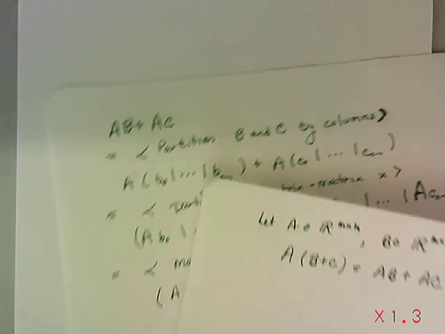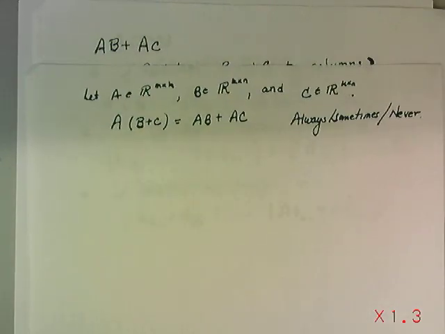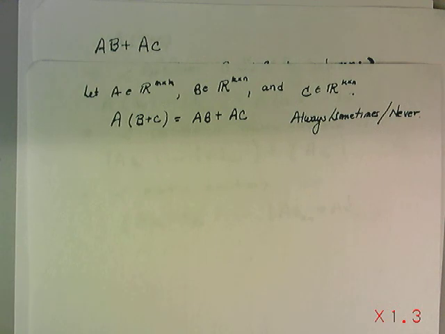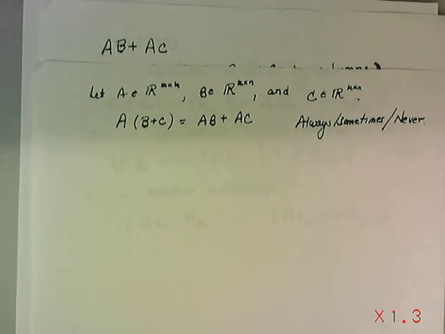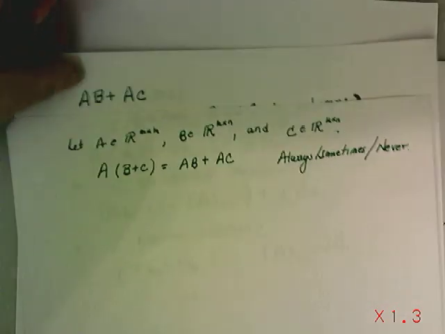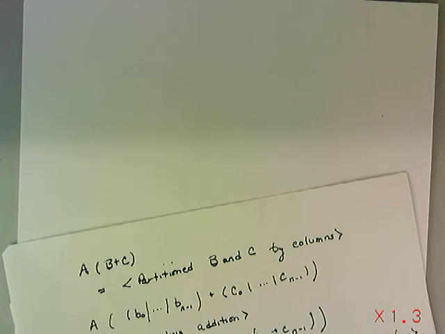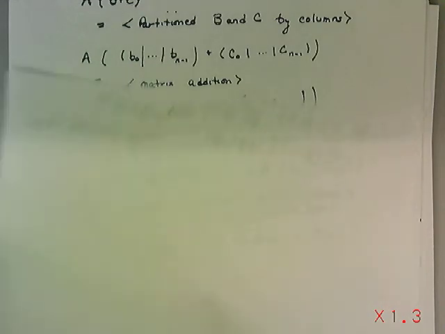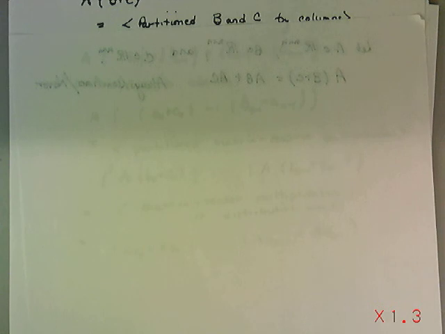So first, I decided to look at, I guess I didn't necessarily do this one first, but it doesn't really matter which one I did first. Let's do it the way I really did it. If I looked at A times the quantity B plus C, and I tried to decide how that might simplify,